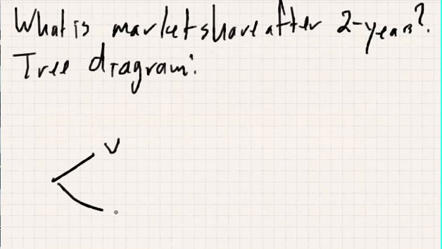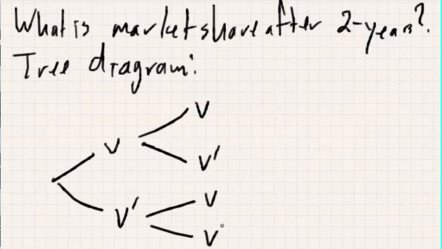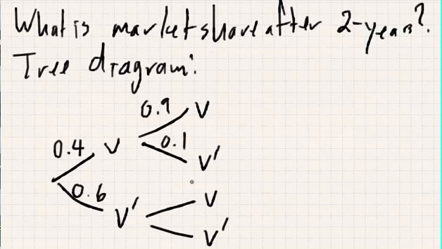You could either start out a Verizon customer or not, then after one period you could stick with Verizon, or you could move to a different carrier, or if you don't have Verizon you can switch to Verizon or stay with a different carrier. So we're saying that initially 0.4 is the probability you're with Verizon, 0.6 is the probability that you're not. If you're with Verizon after 2 years, there's a 90% chance you're still with them and a 10% chance you're not. If you're not with Verizon after 2 years, there's a 5% chance you'll switch to them and a 95% chance that you do not.